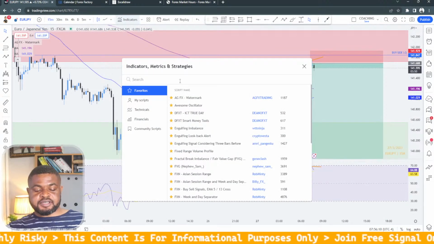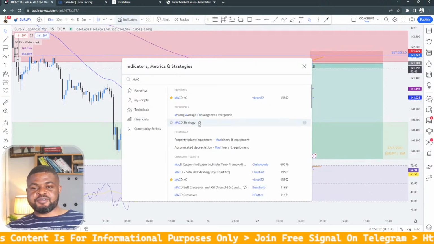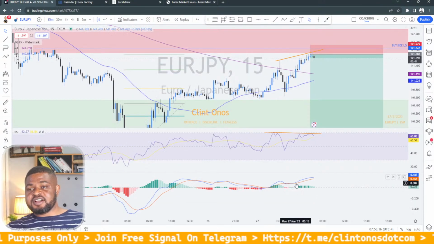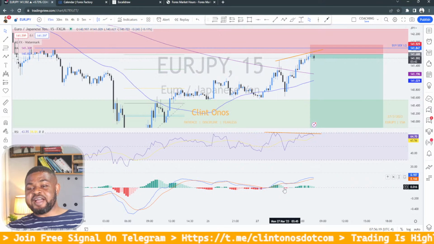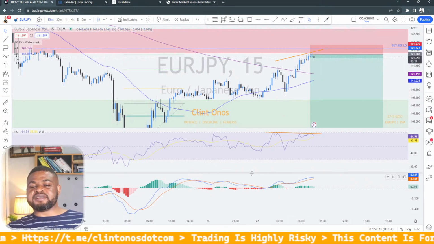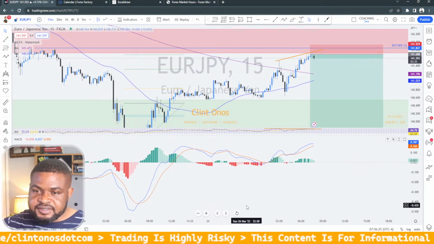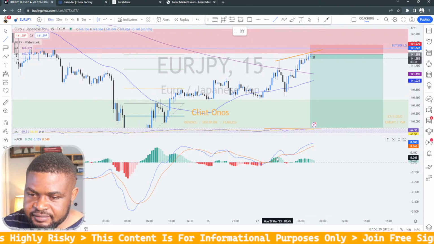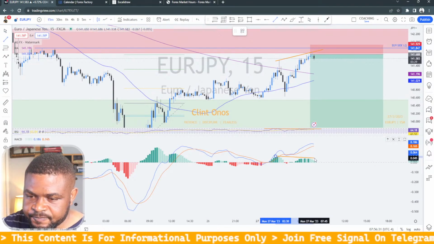So let me check. Let's use the normal MACD to see if we spot divergence. So why is there divergence in this and no divergence in MACD? MACD is obviously telling me something. You see here,